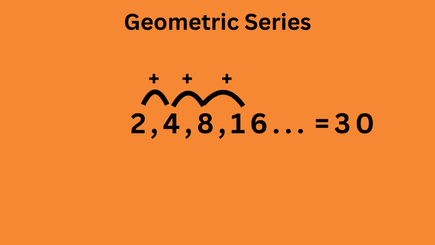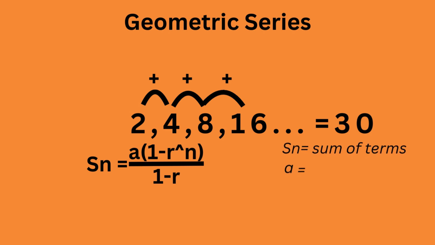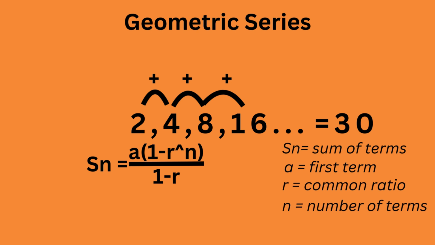The formula for the sum of a finite geometric series is S = a times (1 - r^n) divided by (1 - r), where S is the sum, a is the first term, r is the common ratio, and n is the number